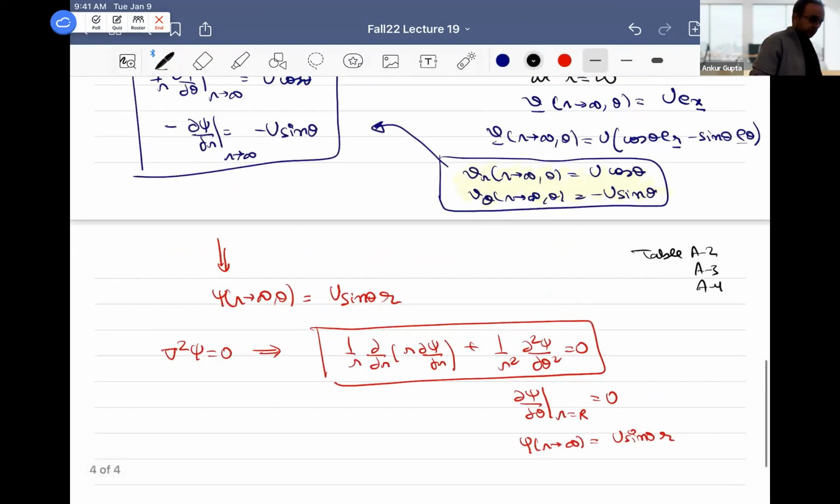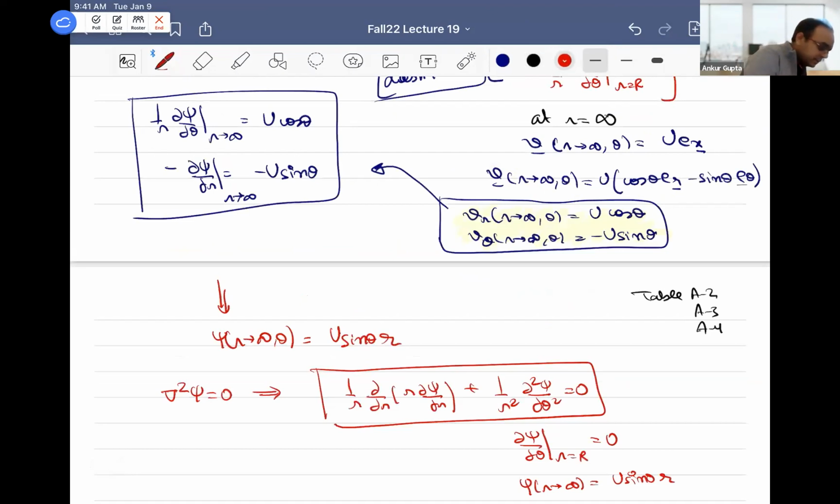You mean from, yeah, sure. So you're saying here, from here to here, right? Like this step to this step, right? Yeah. So what I'm saying is, as you can see, if you take del psi by del r